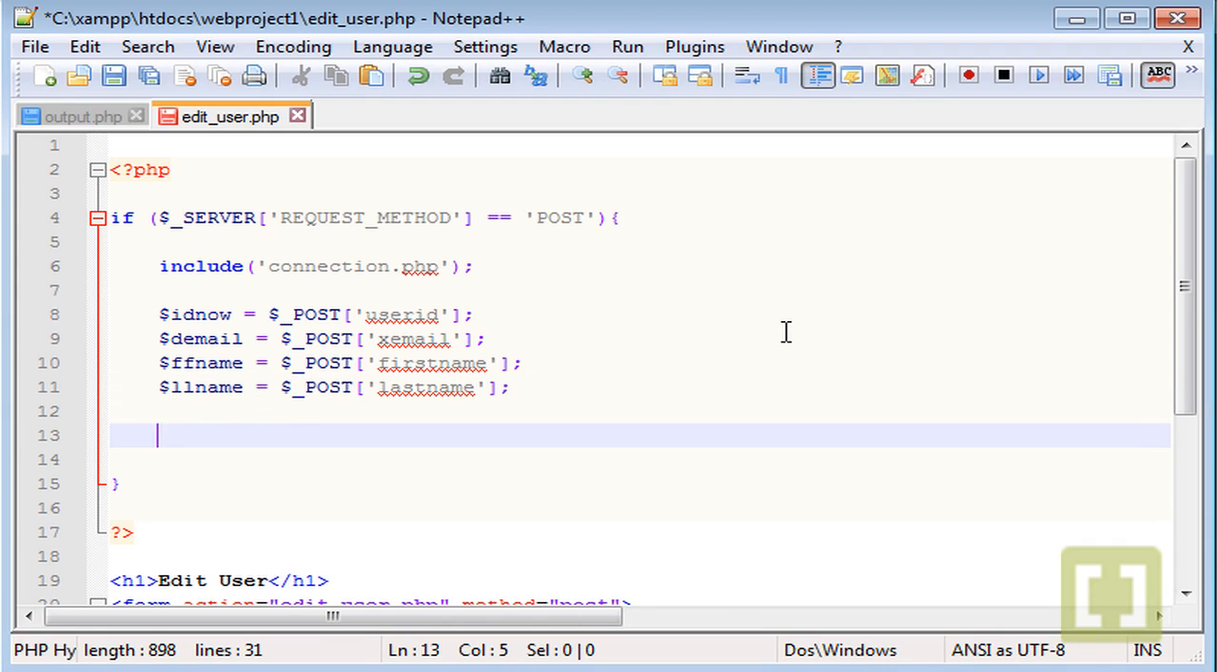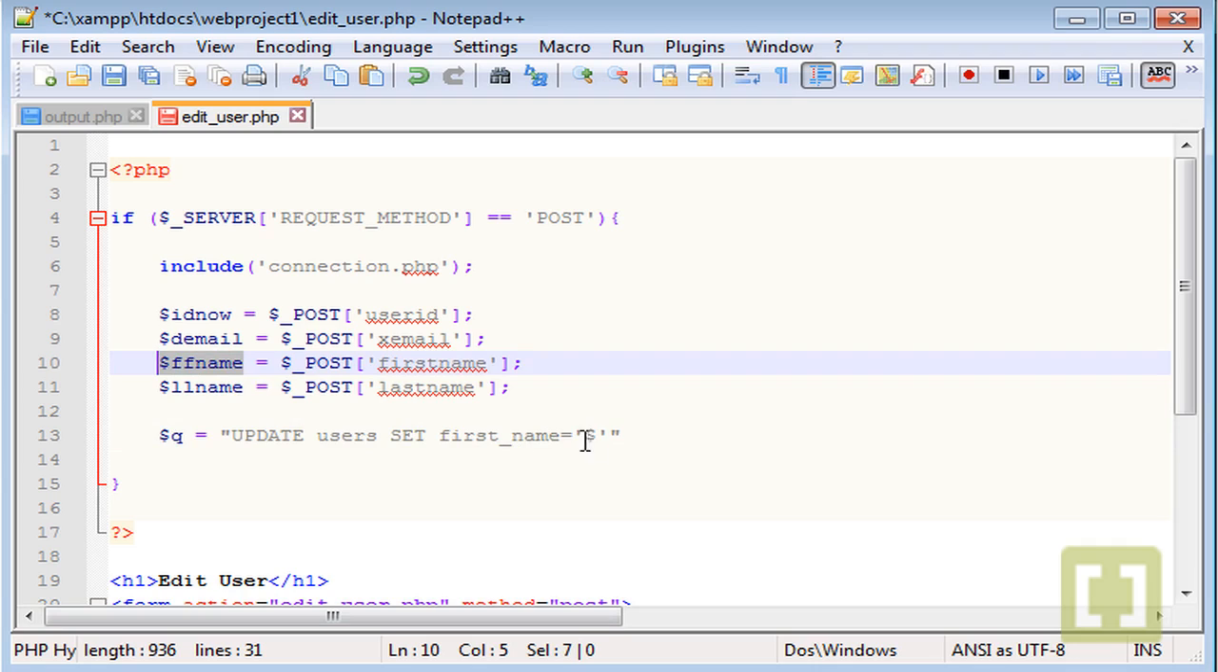So the next step is to create the query. So q equals to, and let's do the update users and set first name. This would be the field name that we have on the database. Okay, so this is equal to single quotes, and now we type the variable ff name. Okay, so ff name,